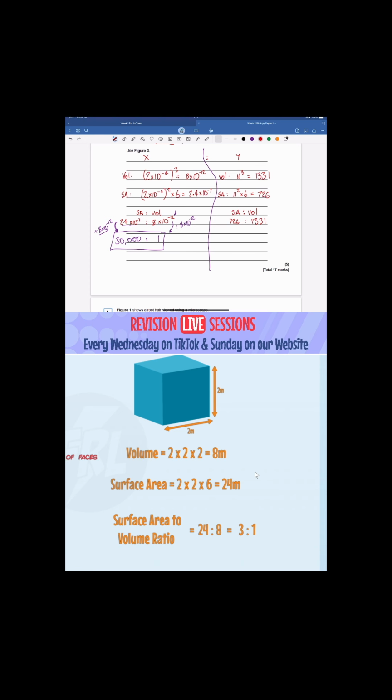And what did I say? How do we simplify this ratio? Divide by the smallest. Good. So this time, which one's the smallest? The smallest value is the 726. So you want to divide both sides by 726. So when you do 726 divided by 726, that's going to be 1. And on the other one,